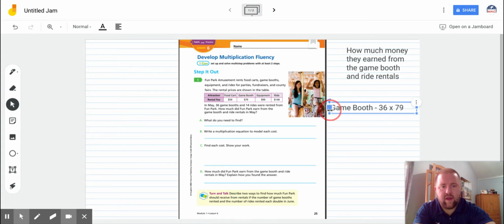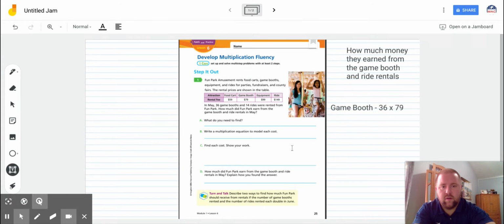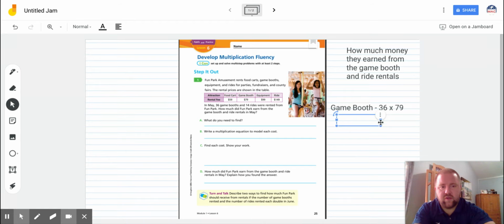And then after that, we need to figure out the next one, which is the ride rentals. I'm just going to put RR in here to save some space. We had 14 of those, and each ride rental is $149. So we need to solve both of these problems in order to figure out the total amount they earned, right? So I'm going to do 79